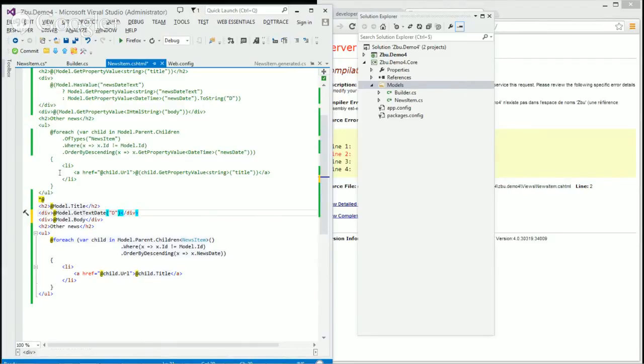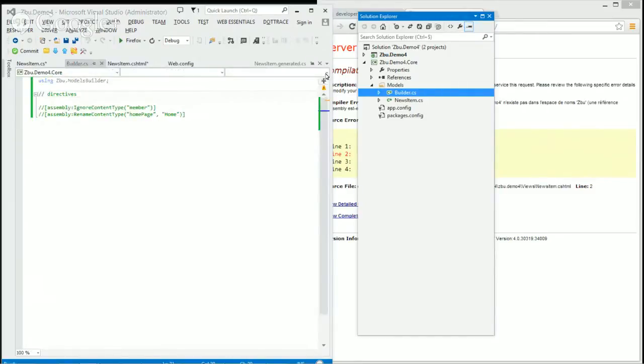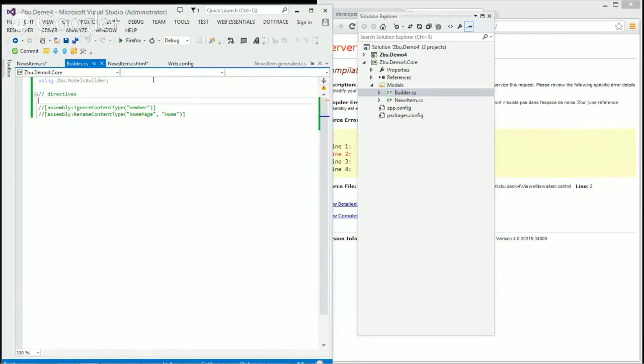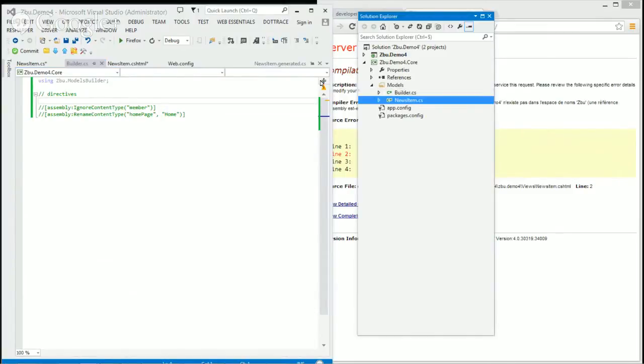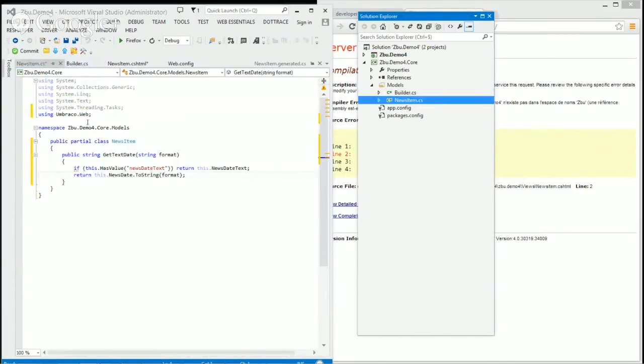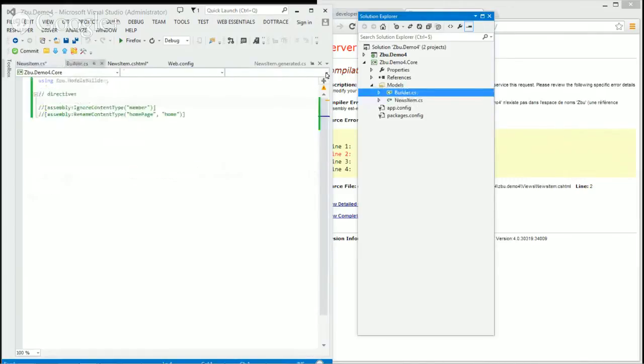So yeah, you can add new properties to your existing content types, and what the builder is doing is more than just generating things. It's also parsing the things that are in there. Let me give you an example.